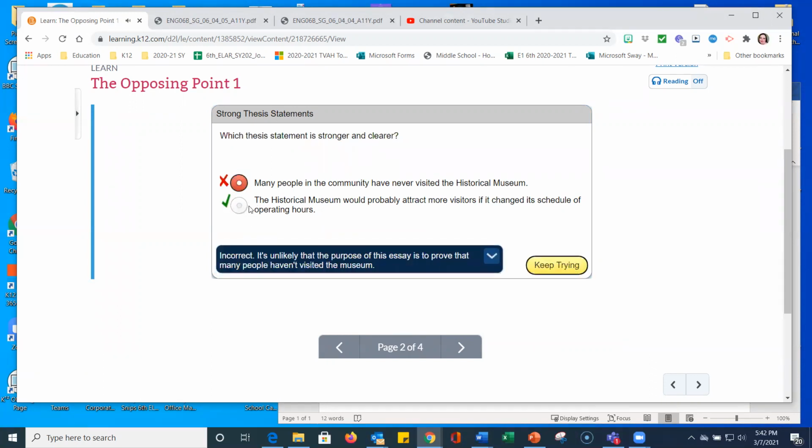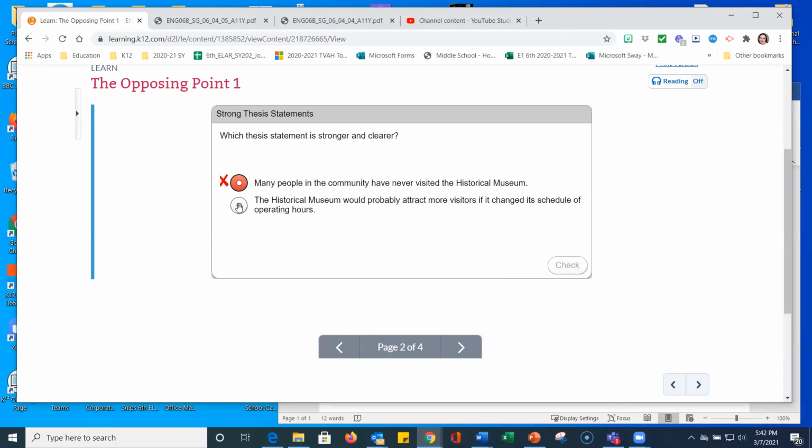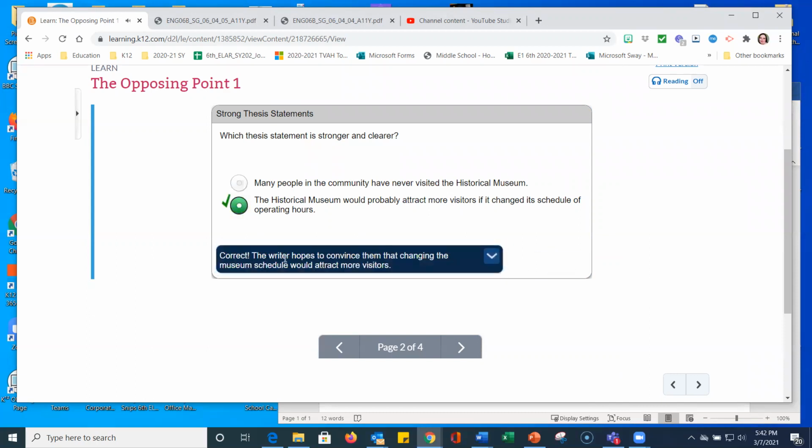It tells me that this one is right. Incorrect. It's unlikely that there's no purpose here. You can always hit the keep trying, click on the right one, and then you get correct. The writer hopes to convince that the changing museum schedule would attract more visitors. The main thing here is the writer gives his opinion. So once you know the correct answer,